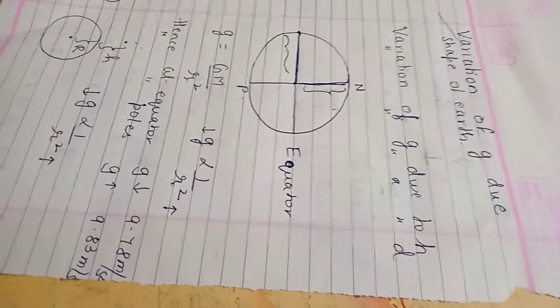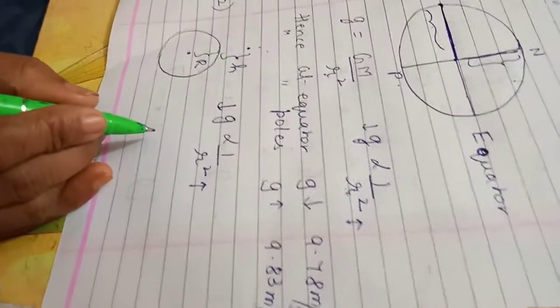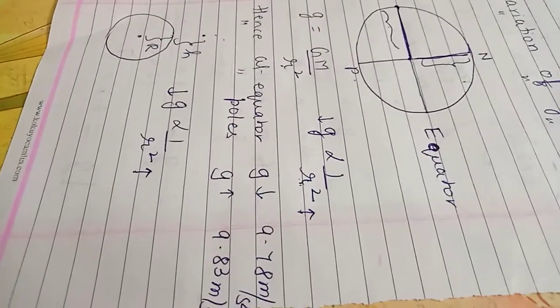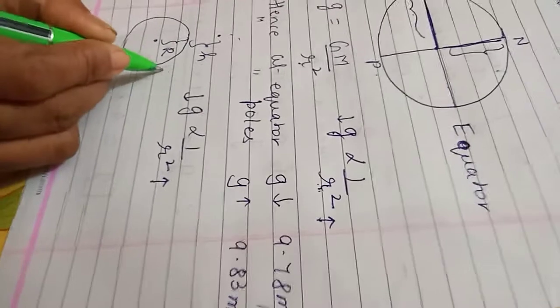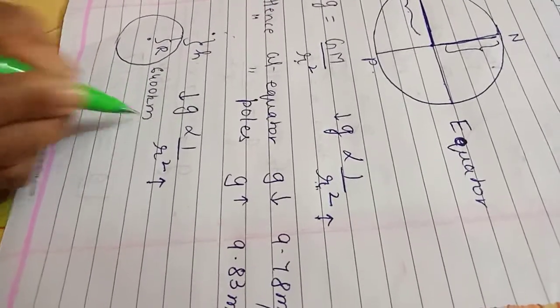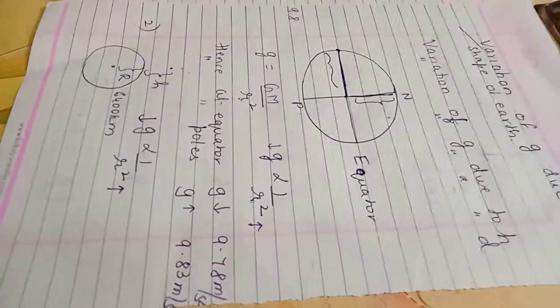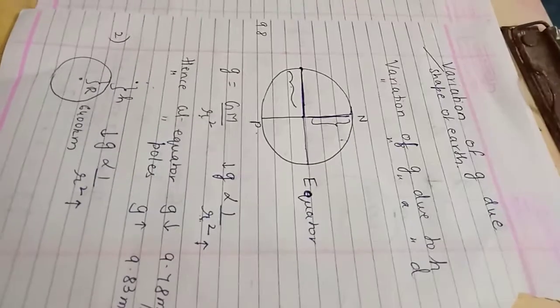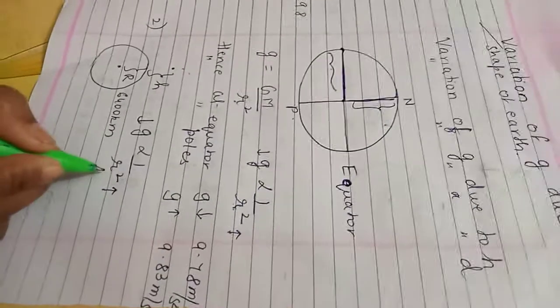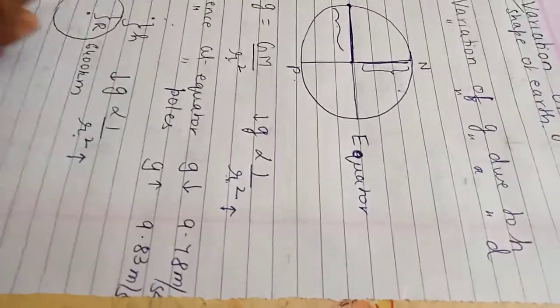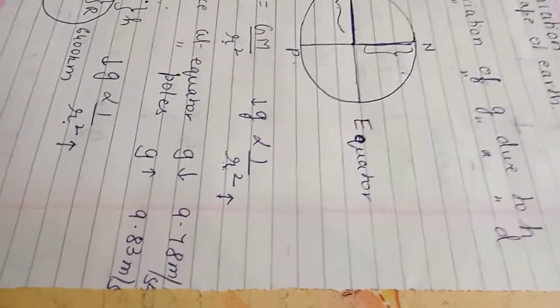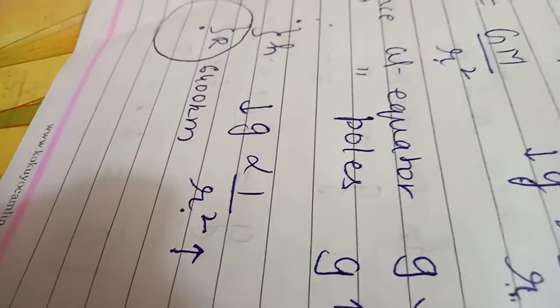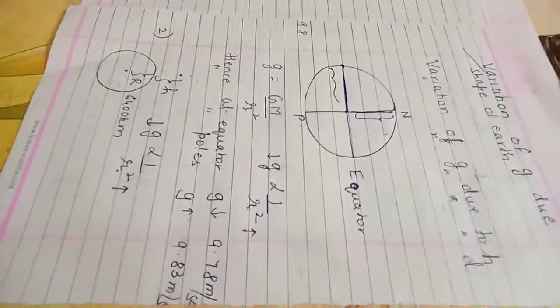Are you okay here? One thing, students, that was one part: g is inversely proportional to the square of the distance. Okay? But just remember, Earth's radius is 6,400 km. If you send a body to a height of 100 km or 1000 kilometers, that doesn't change g much because h is not very high here. If the body is at a height of 100 kilometers from the Earth's surface, don't think that it will affect small g much. It will not affect it much.